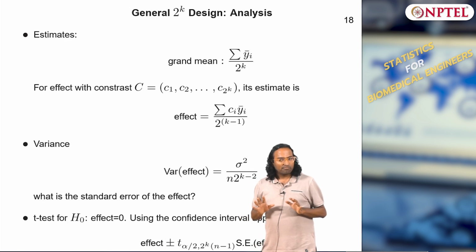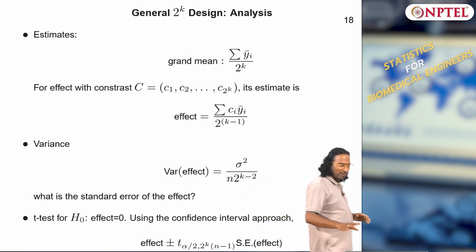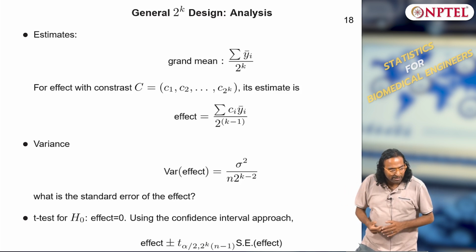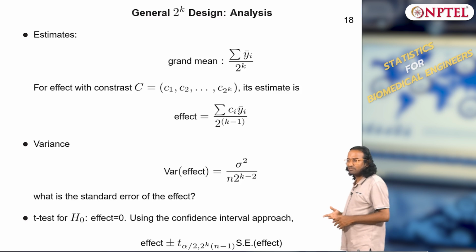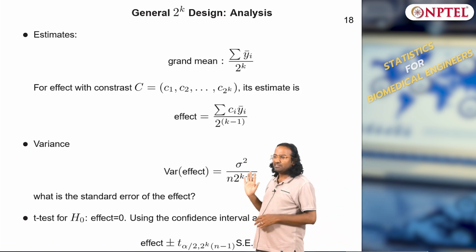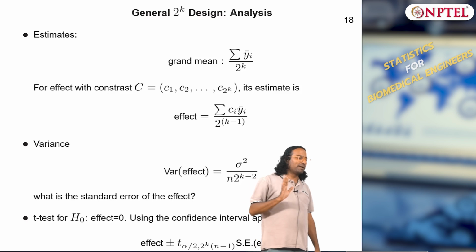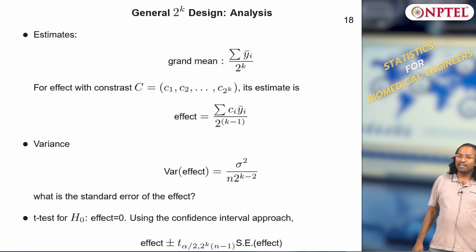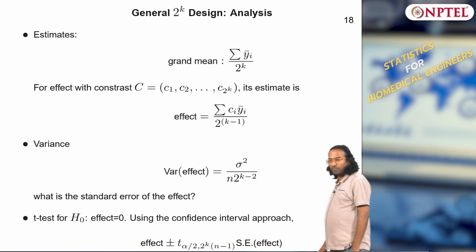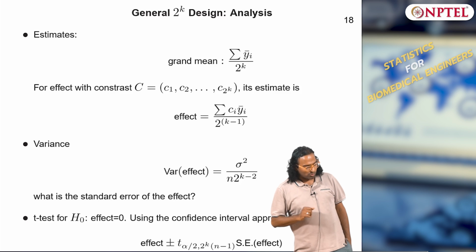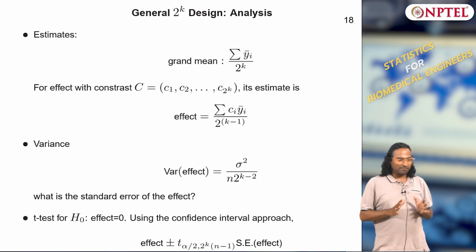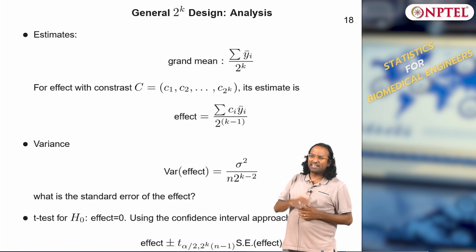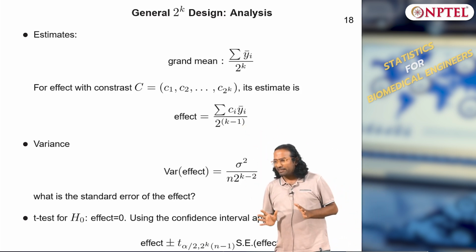Clear? Any questions? So far so good. These formulas will make sense only if you have the contrast. For 2^2 and 2^3 we derived it, but beyond that it does not make sense to derive; it is better to use a pre-computed table. For 2^2 and 2^3 I did it so that you have an idea how it is done. Clear everyone? Okay. So this is the general 2 power k design, nothing big or difficult here, you are just scaling it up from 2^2, 2^3 to 2^k.